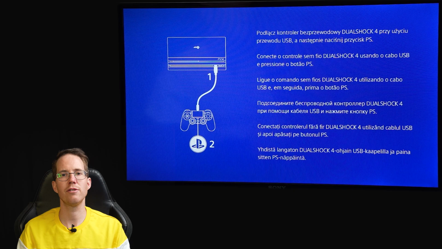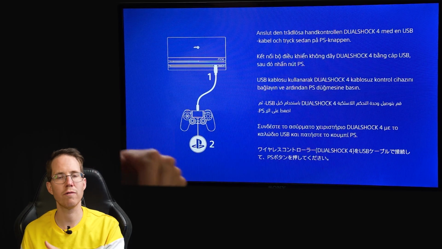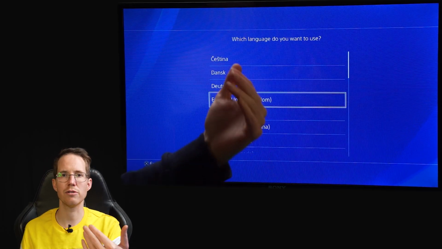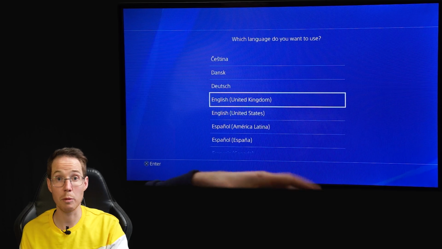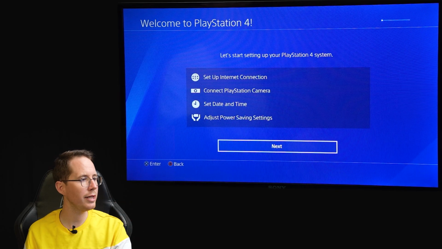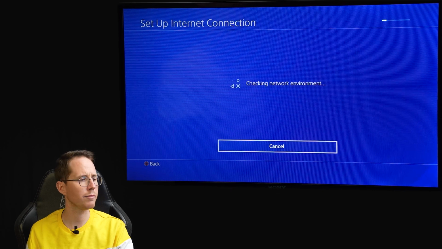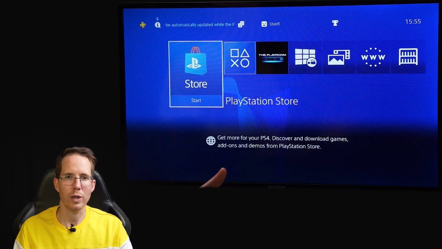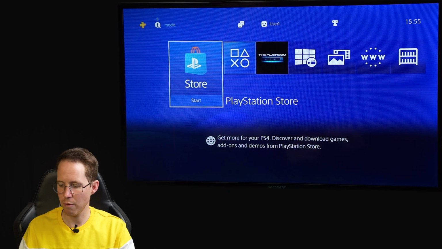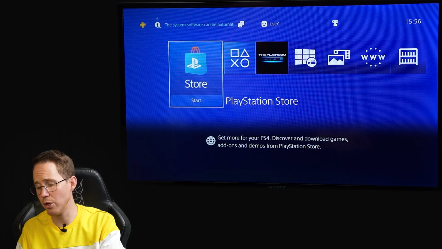Once the system software has reinstalled, it will bring you to this screen. Again, you need to connect your DualShock 4 via USB cable, and then you power it on, and then you're going to go through the initial setup process like you did the first time you purchased the console and set it up. So you're going to select your language, and then you'll move through all your network settings as well, and all of your custom settings. So once you have navigated through the quick startup menu, confirmed all your settings, you will then come to the home screen. From here, you can now plug in the hard drive that we did the backup to earlier,